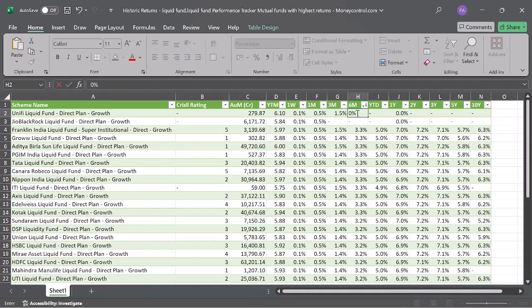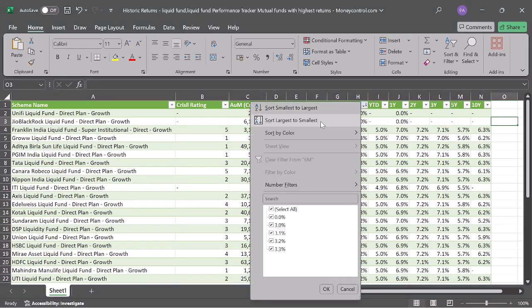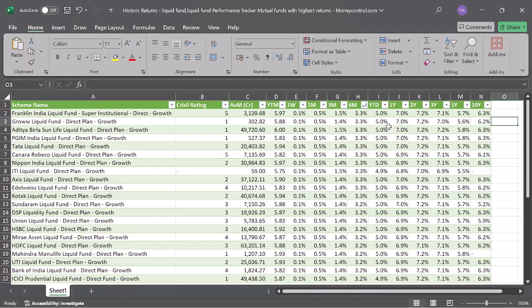So I put 0 here. In 3 months, in 6 months time, they have given 3.3%. Okay, even less than 7%. So annualized it will be 6.6%. So these are called liquid funds, where you can invest your money and you will get, on an average, a 7% kind of return in 1 year. In 2 years, how much return are you getting? 7.2%. Okay. So in the last 10 years average, how much are you getting?